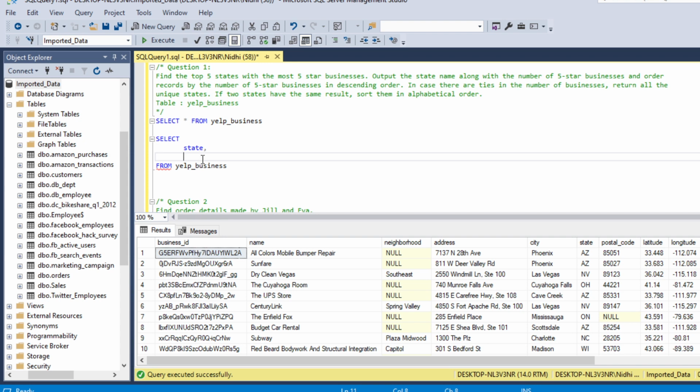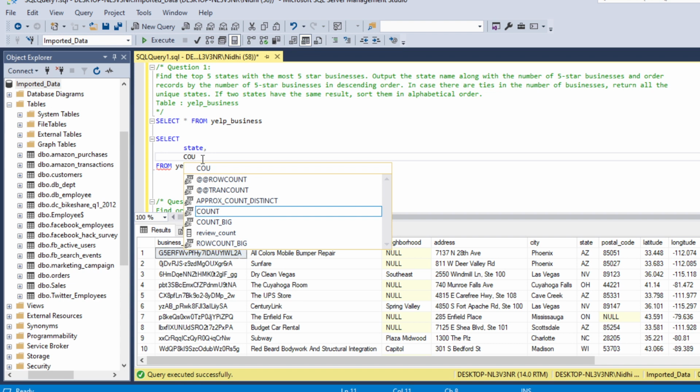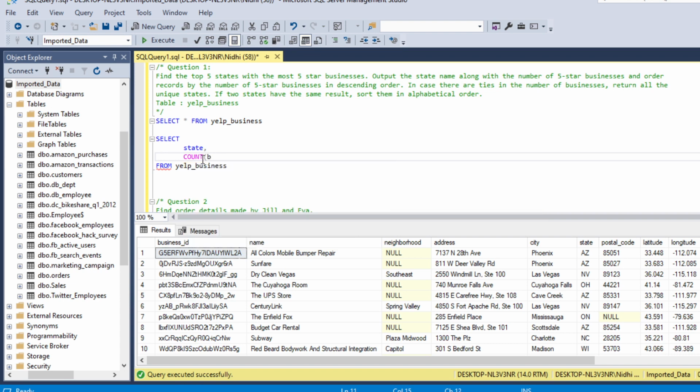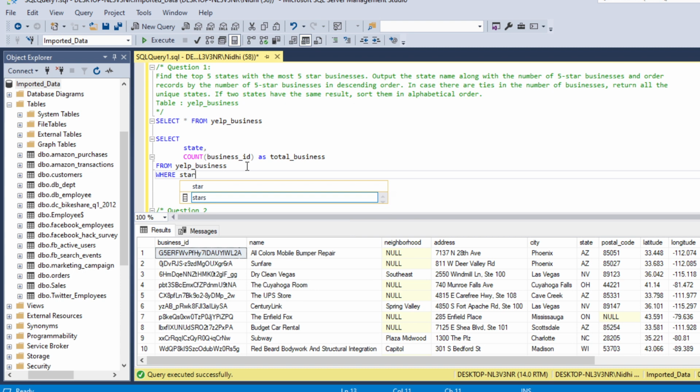So we need count of business ID as total business, and then we will apply a filter where star is equal to 5.